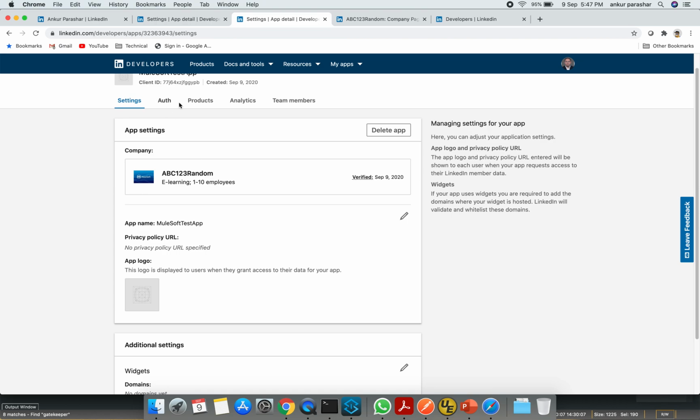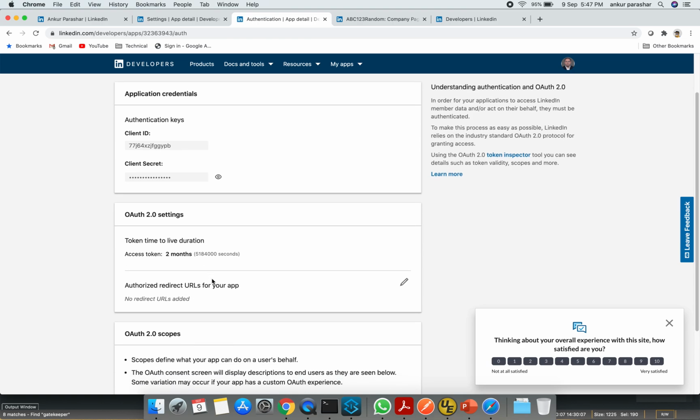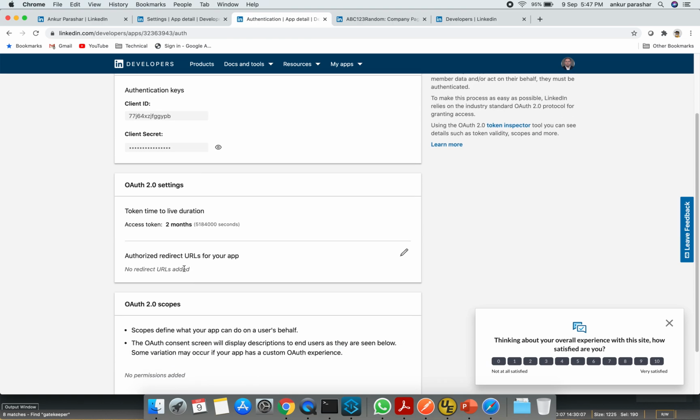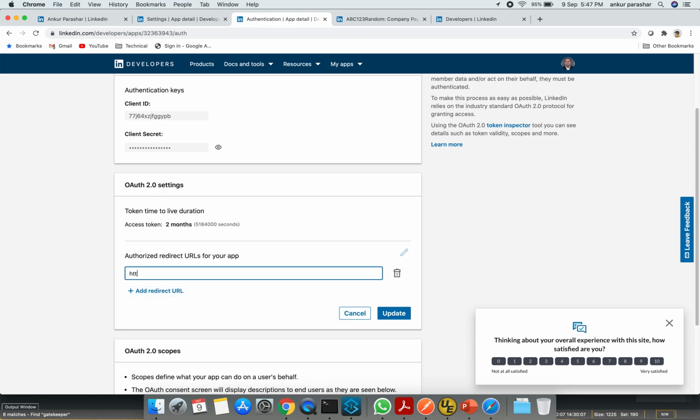Now we need to add some details, starting with auth first. Make a note of this client ID and client secret. For authorized redirect URLs for your app, you can add something like this: HTTP localhost 8081 slash OAuth2 callback, and click on update.